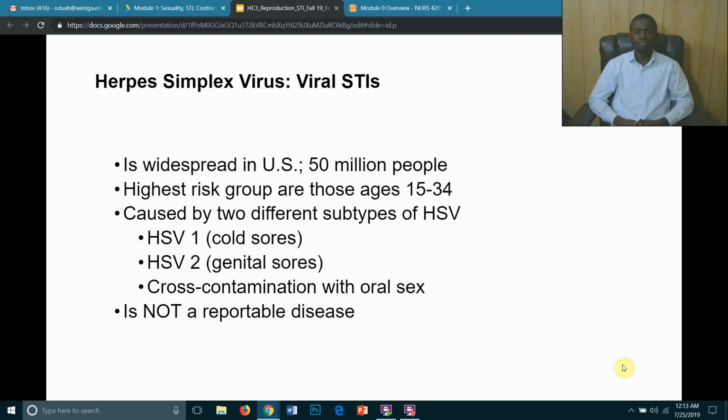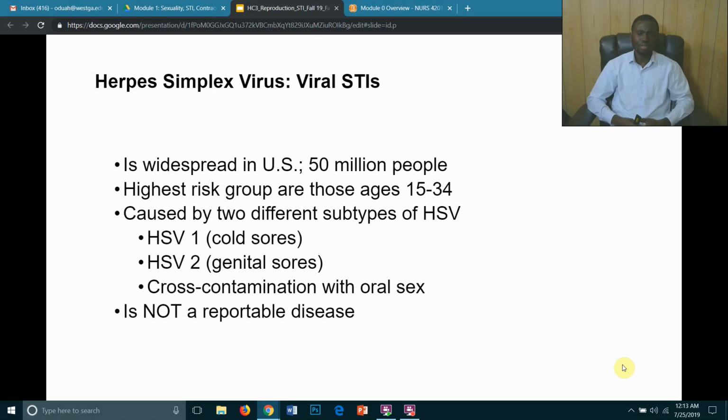The incubation period of genital herpes is 2 to 20 days, with the average period being 1 week, which is 7 days. Many people do not have symptoms during the primary outbreak, but severe symptoms with secondary outbreaks. So people who have herpes for the first time may not have any symptoms, but then when they have a secondary outbreak, because herpes is chronic and it worsens over time when there is immunosuppression, they may have more marked symptoms or more severe symptoms.